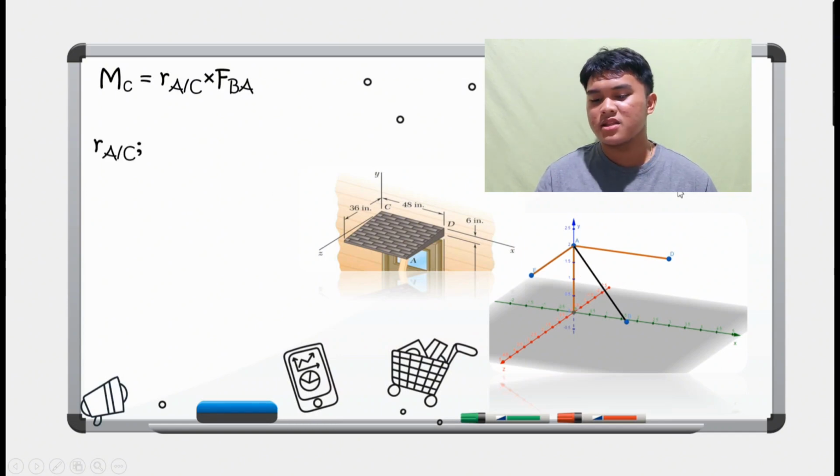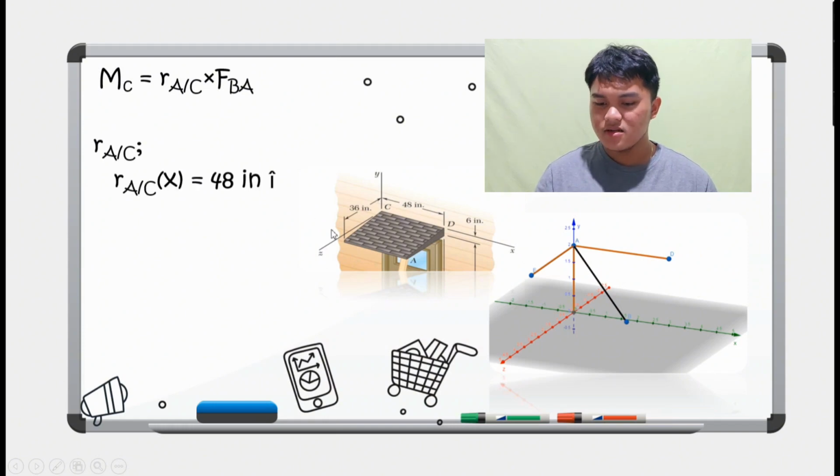The first component that we are going to find is the X component. To find it, it must first line up with the X axis. As we can see in the figure, it is very clear that the value of the X component is